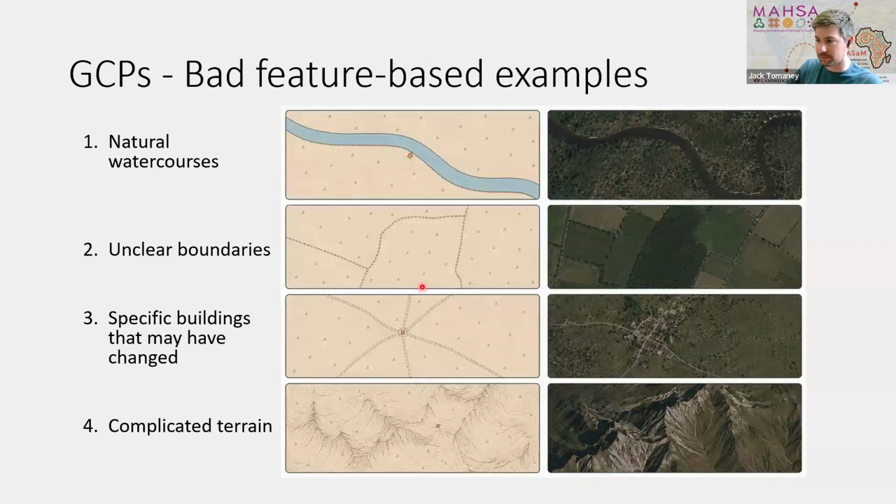Okay, so what are bad examples for using as a GCP? And these may be things that you'll see in the practical and think, this might be okay to use, but often they are not accurate enough to be used. One example is a natural watercourse. So in general, watercourses like rivers or streams that are natural tend to move and change locations,